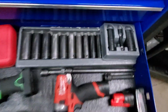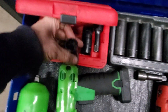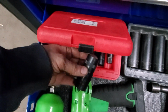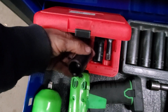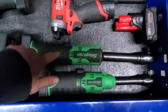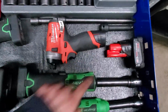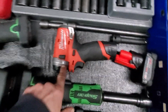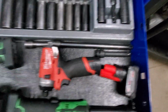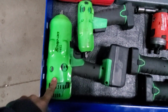Next drawer. 3/8 flip sockets, 1/2-inch impact. I bought these thinking they would be useful, these Matco / SK or something lug nut, stripped lug nut removable sockets, but I haven't really used them yet. And I got the long neck ratchets, spare 6-amp battery, that overpowered impact driver, some 1/2-inch extensions, another 3/8 impact, and the